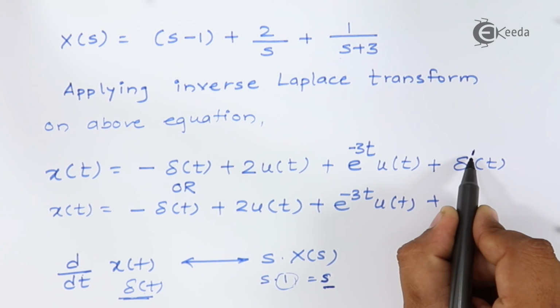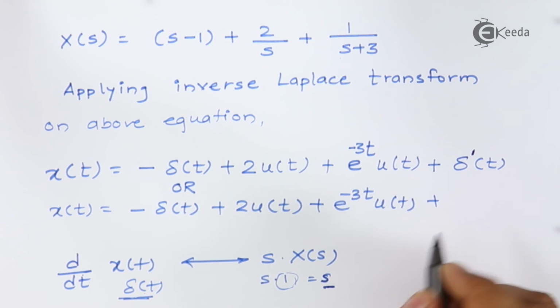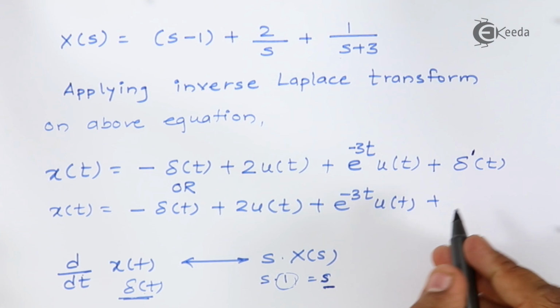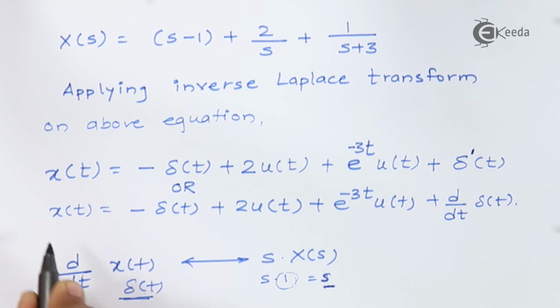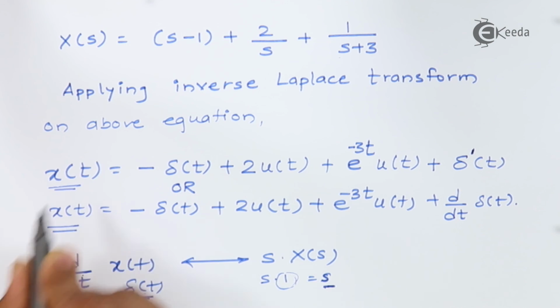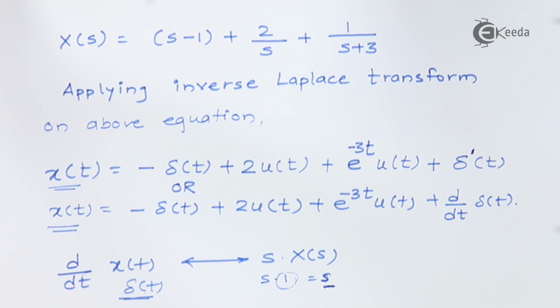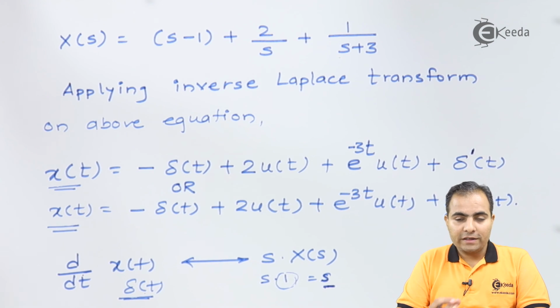Here the 1 dash is mentioned, which means we have to differentiate this del of t only once, that is d by dt of del of t, and this is our solution. You can stop here also. This is the result. Now we will solve different types of numericals based on this concept,